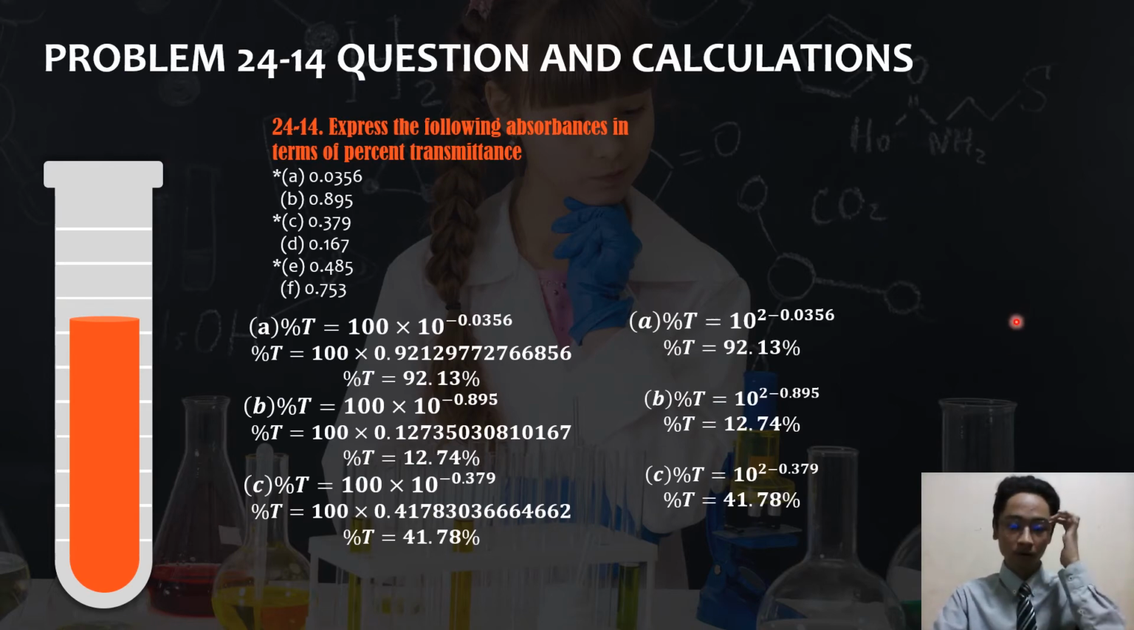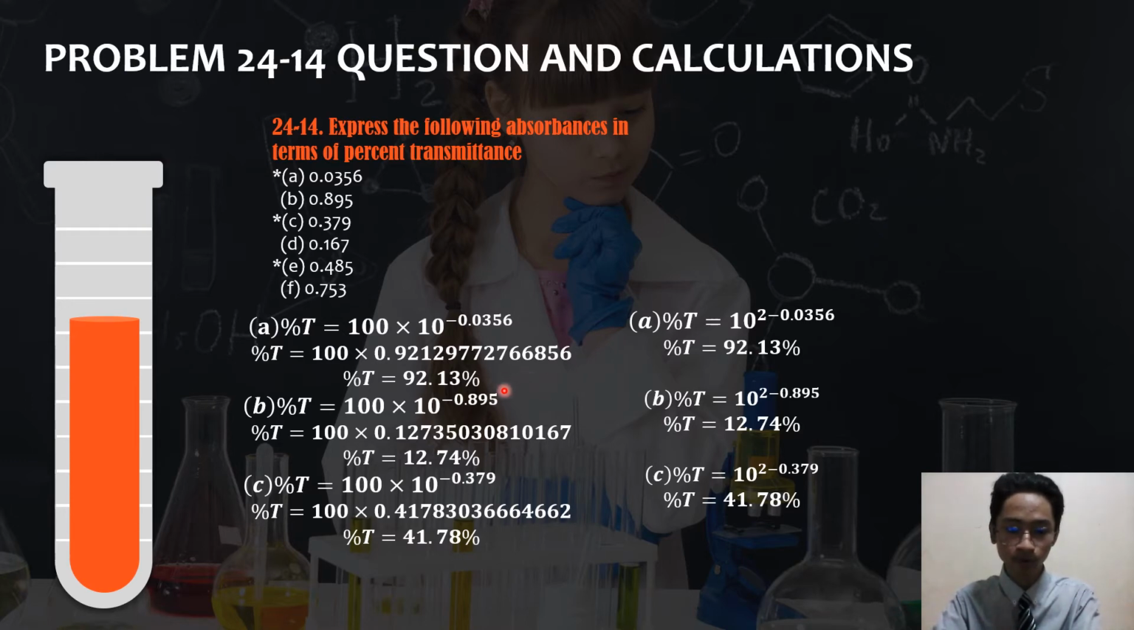So our absorbance values express the following absorbances in terms of percent transmittance: A 0.0356, B 0.895, C 0.379, D 0.167, E 0.485, and lastly F 0.753. So we'll be using the two formulas to get the percent T, and by substituting the absorbance values, we